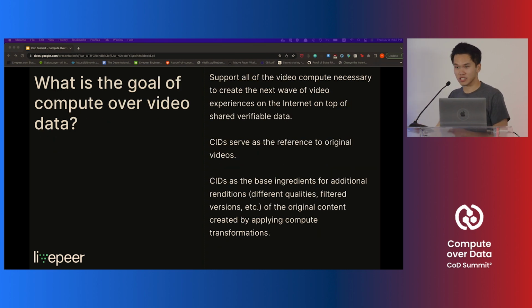So ultimately, compute over video data. We just established that video data is not only important, but complex to deal with. So what is the goal of so-called compute over video data? Well, I would say the goal is to support all of the video compute necessary to create the next wave of video experiences on the internet on top of a shared layer of verifiable data that's open and accessible to everybody. And we think that the way you can enable this, and I think this aligns with everything a lot of people are talking about in this Compute Over Data Summit, is by using CIDs as the reference